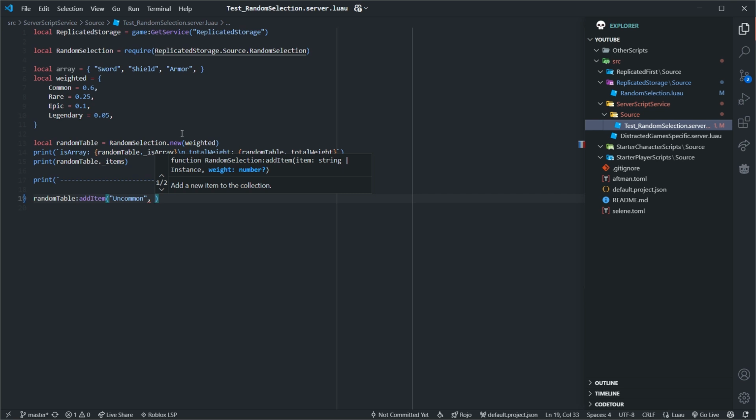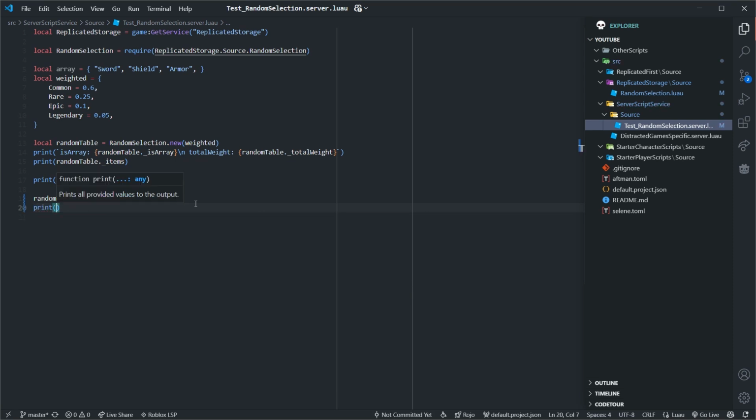And then we need to give this a weight. We don't need to give it a weight. Again, that is an optional number. It will be 1 if not, which is pretty much always going to get selected, so keep that in mind. Well, it gets added to the total weight, so it's still going to be random, but regardless. So let's just say that this is, how about 0.4, so 40%. And then we can go ahead and